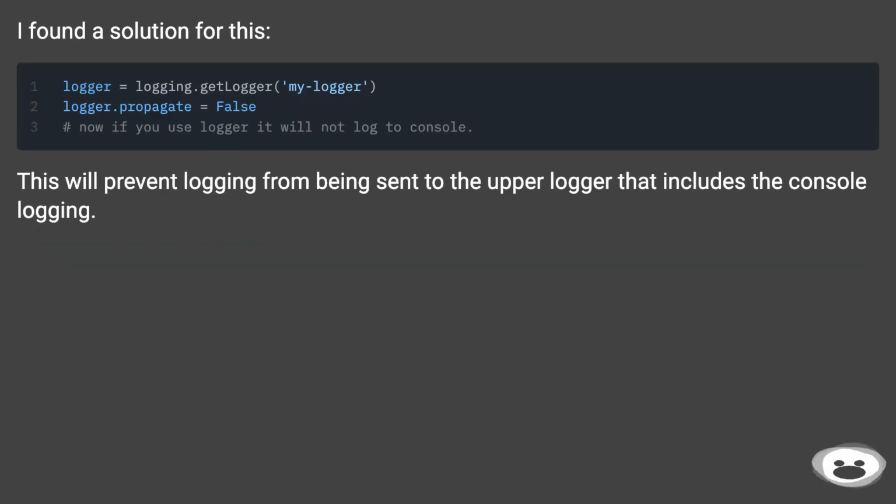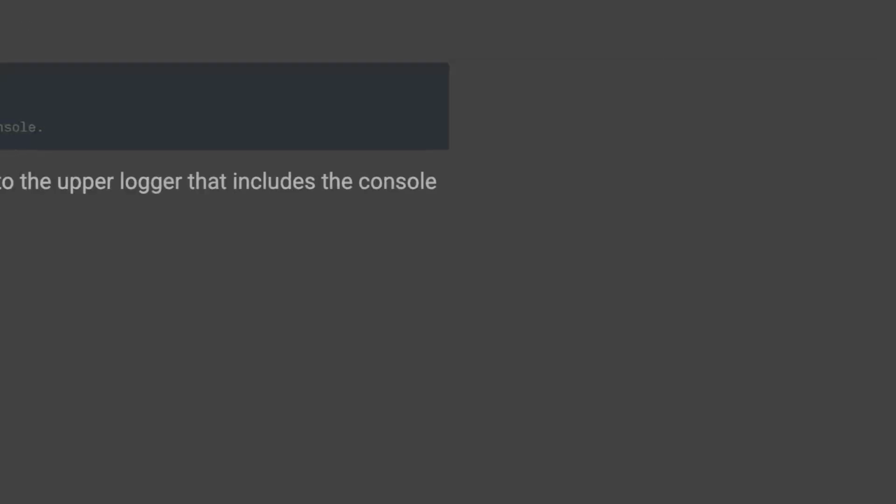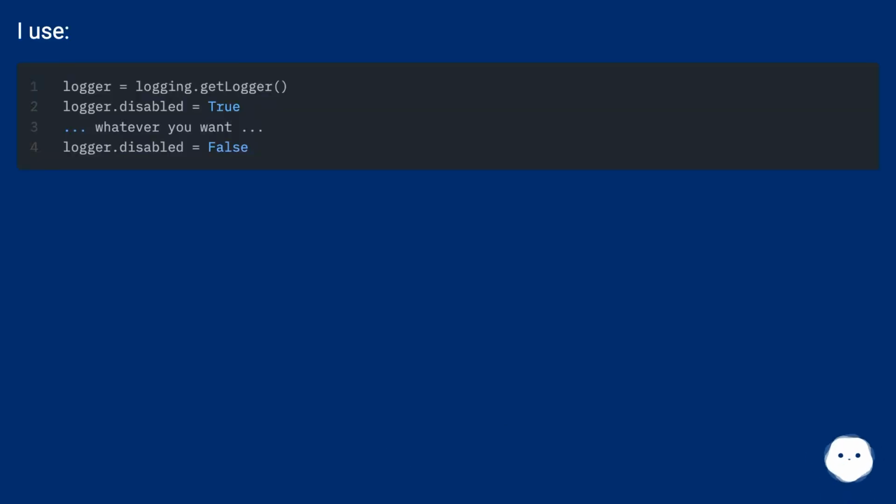I found a solution for this. This will prevent logging from being sent to the upper logger that includes the console logging. I use